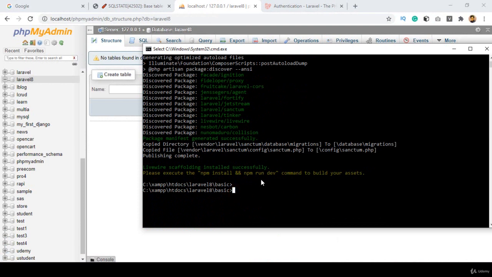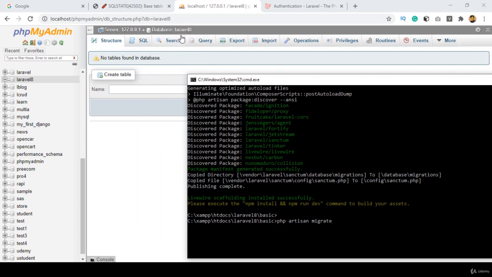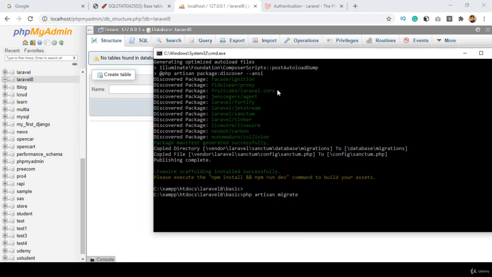So here I name it as php artisan, and then migrate. Okay, so that is the command: php artisan migrate. When you run php artisan migrate, it will run all your migration files, and all the tables will be created in our database. I'll show you now. If you click enter,